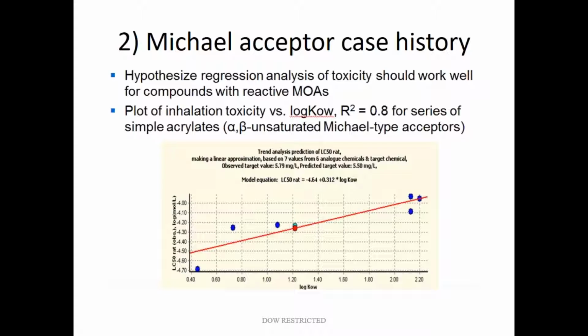Another group would be acceptors. These are alpha-beta unsaturated compounds where, when we look within a set, and by within a set meaning you could either pick conjugated aldehydes or conjugated acrylates or conjugated methacrylates, you find that within any one of those sets, if you do the same type of plot, you see, again, a pretty good R squared and the ability to predict the acute toxicity